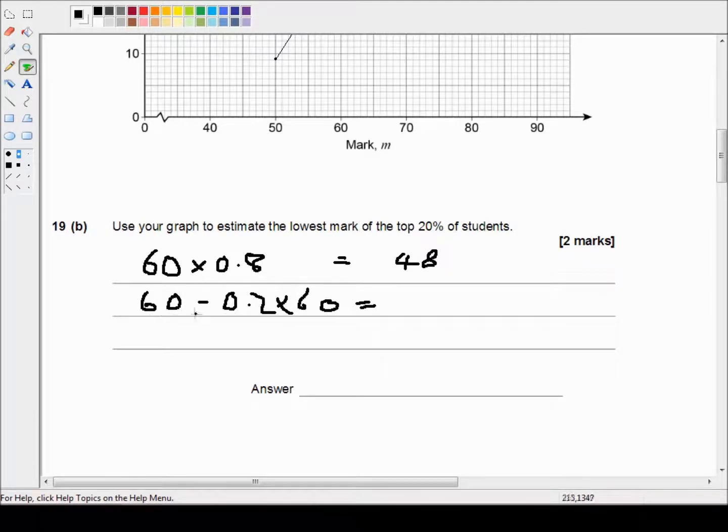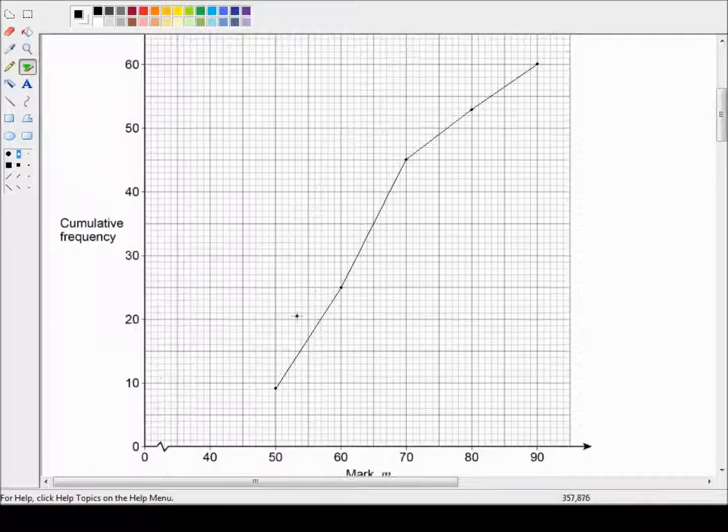In this case, we've got 60 minus 0.2 times 60. Well, 0.2 times 60, by the same reasoning as we got the 60 times 0.8, would just be 12. So this is equal to 60 minus 12. Well, 60 minus 10 is 50, and 50 minus 2 is 48. So either way, we're going to get 48. But that's not the answer we're looking for. This is what we're reading off the graph. So the lowest mark of the top 20. The top 20 is everybody from 48 up to 60. So the 48th